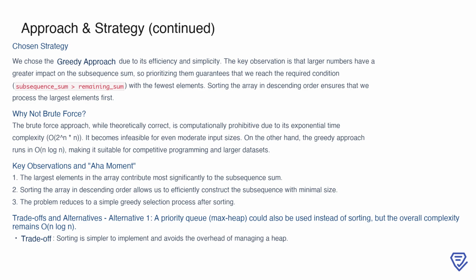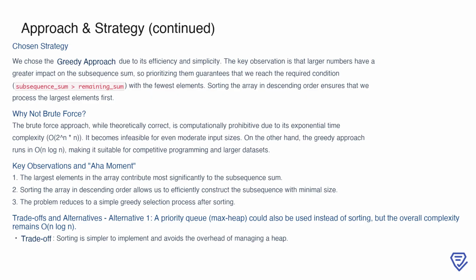We ultimately chose the greedy approach because of its balance between efficiency and simplicity. The key observation is that the largest numbers in the array have the greatest impact on the subsequence sum. By sorting the array in descending order, we can ensure that we prioritize these larger numbers first, allowing us to meet the condition where the subsequence sum is greater than the remaining sum using the fewest elements. The brute force approach, while theoretically correct, is computationally prohibitive due to its exponential time complexity, making it unsuitable for practical use. In contrast, the greedy approach runs in n log n, making it a robust choice for both small